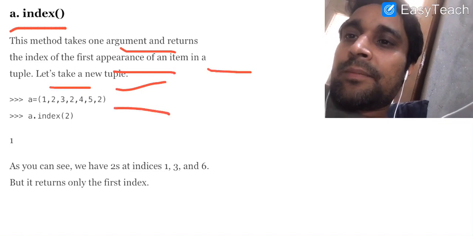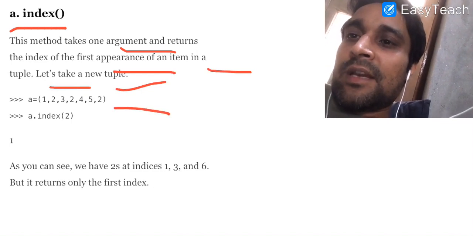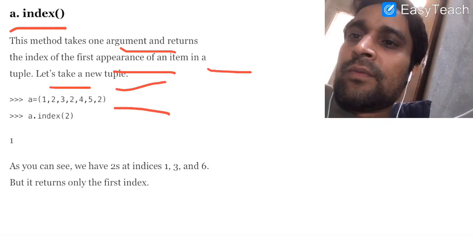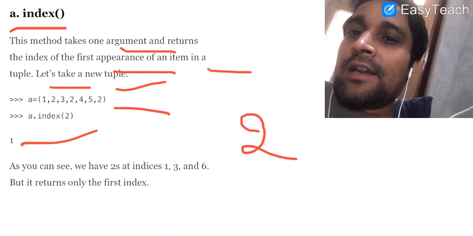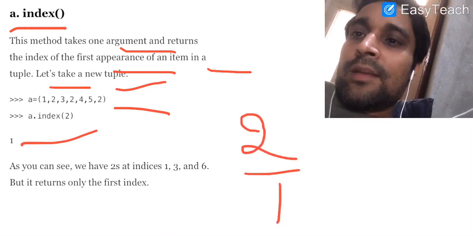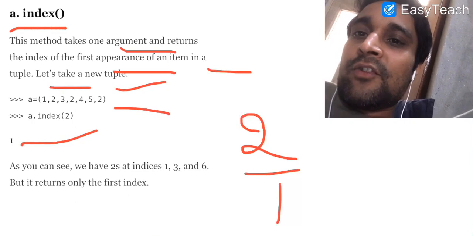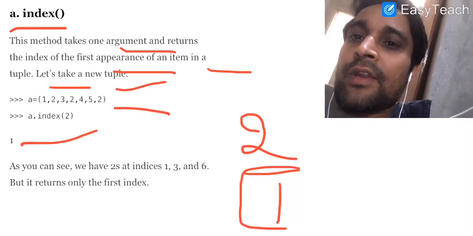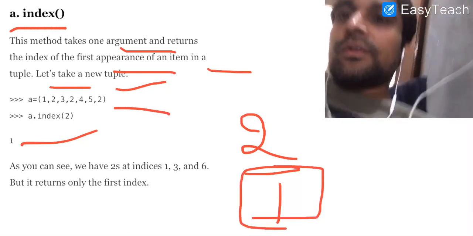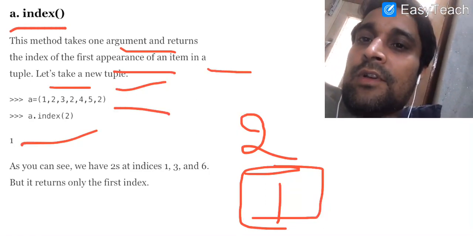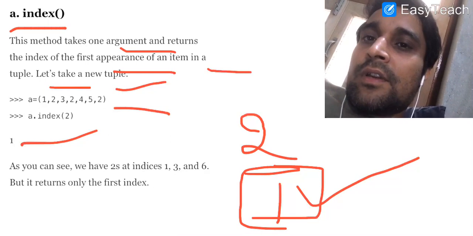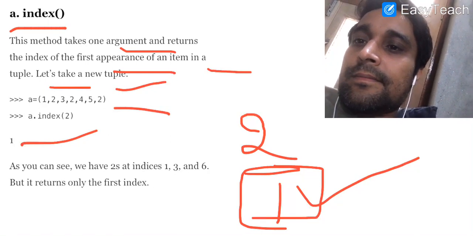Here in our example we have created a tuple, the name of the tuple is a, with elements 1 2 3 2 4 5 and 2. When we write a.index(2), it will return 1, as 2 is available at index 1. 2 is also available at the last location and in between, but it will always return the first occurrence of the parameter passed in the tuple, and show us the index of that particular element.